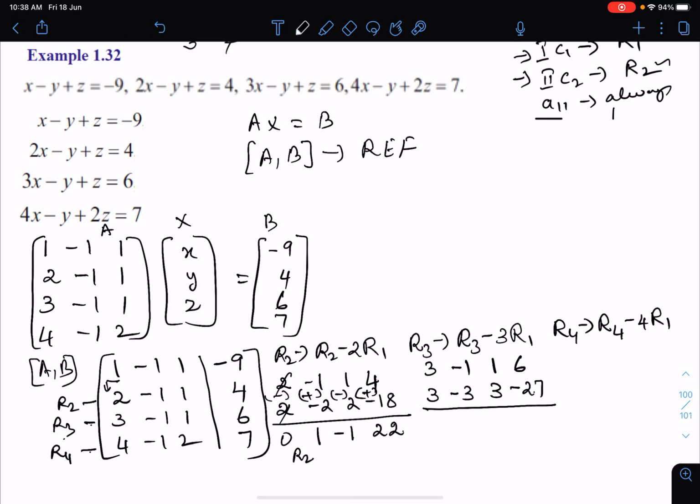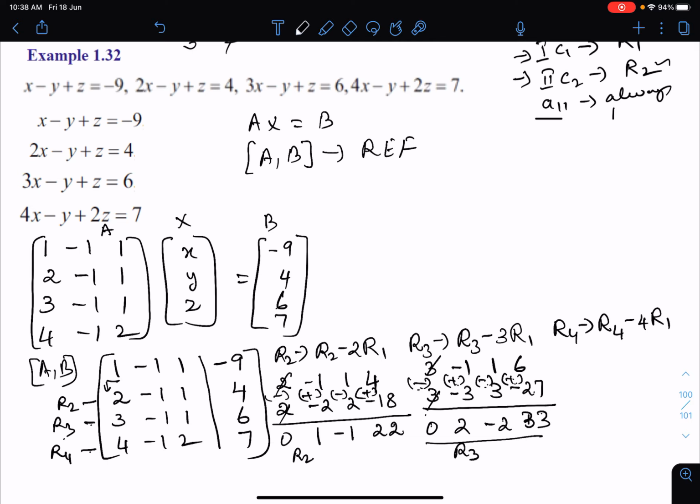3 nines are 27. Change your sign throughout because both are of the same sign. You are going to convert the sign. This is equal 0, this is 2, this is minus 2. This you are going to add, so it is going to give you 33. Okay, this is going to be our row 3.